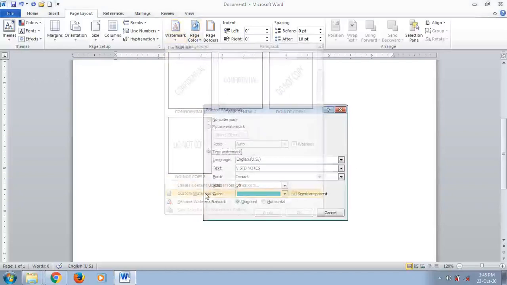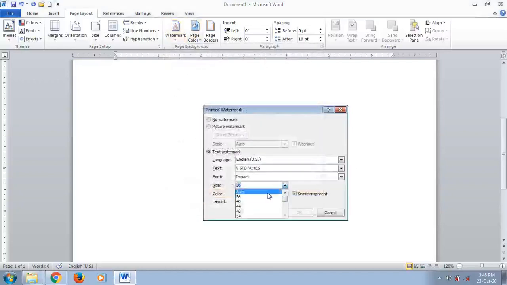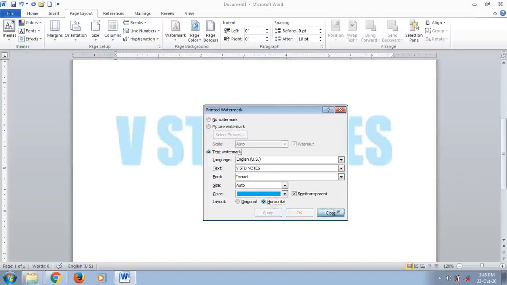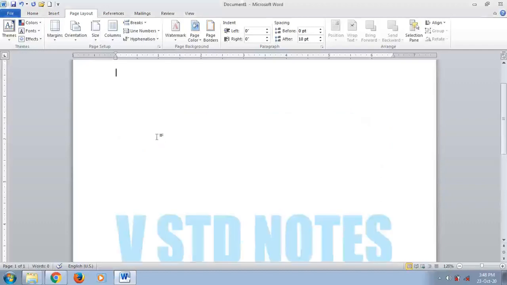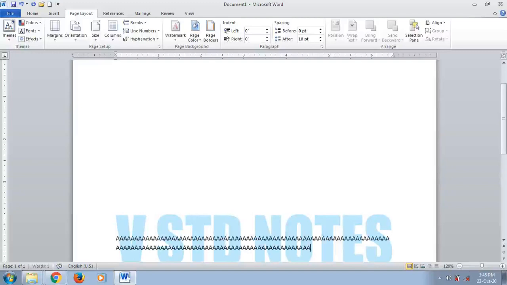We can write over this 5th standard text. Let me go to that same option, set it to auto, and keep the horizontal option. Then again click on Apply. See, the text is displaying. Now I'll take the cursor over that watermark text. We can type over that text. So this is the watermark, and that text goes behind the text in our document.